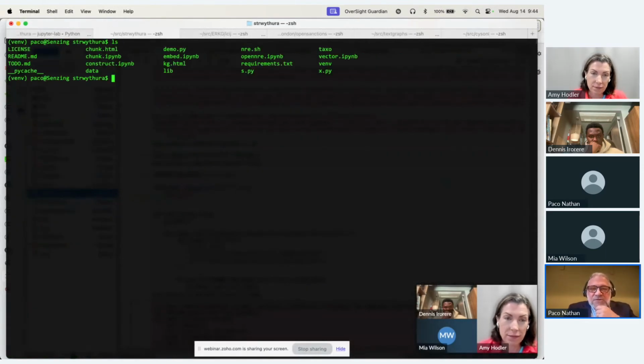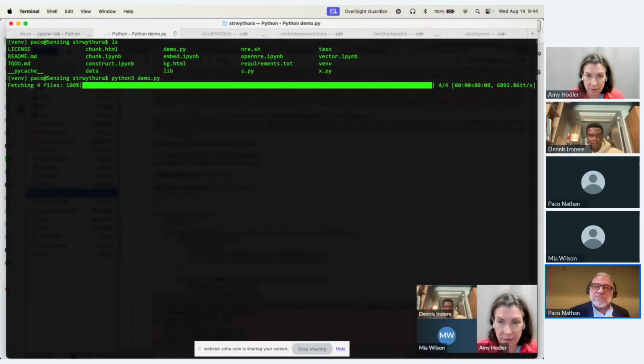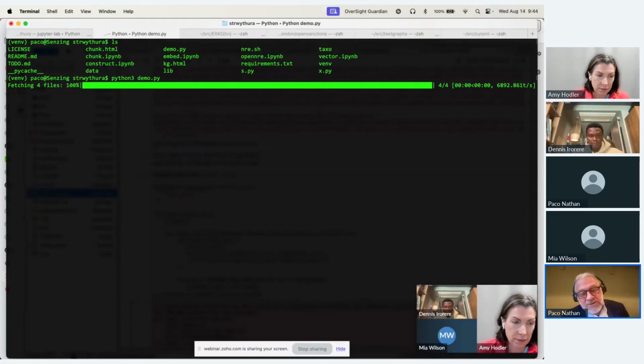Okay, now let me just show this real quick. Here's a demo. So there's a GitHub repo. We've got some demo code here that I will run. And if the demo gods are with us, it's going to go through and load up the models. And it really only takes just a matter of a couple minutes to run it. Loading up some models. I'm going through some different URLs about articles about dementia research and linkage with processed red meat. And so it's parsing those, it's chunking those, and then building out the graph, and we'll see the results coming out of that. So give this a minute or two to run.